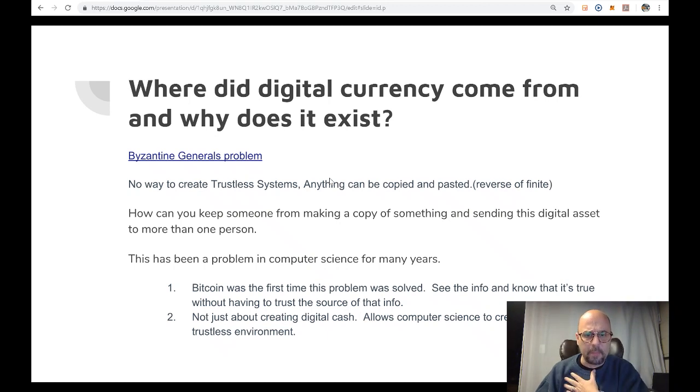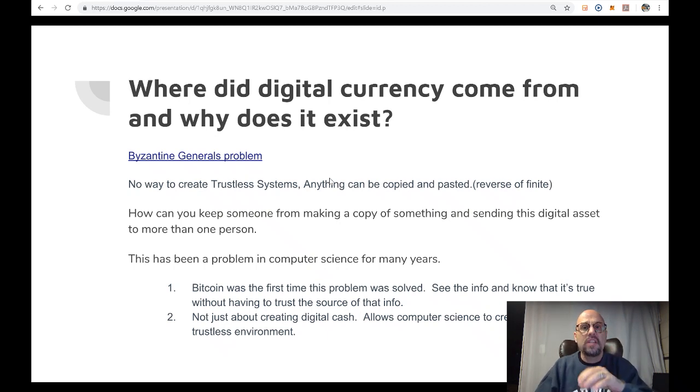And so, again, Bitcoin was the first time that we solved this problem. It was not just about creating digital cash, but what that really did is it actually fixed this computer science problem that gave us the ability to have trust in a trustless environment. And that's the key to making this beautiful blockchain type